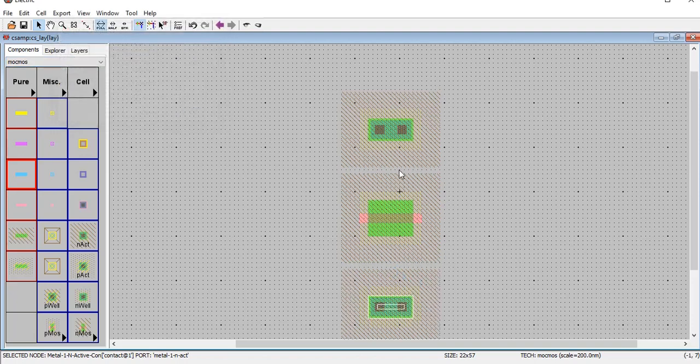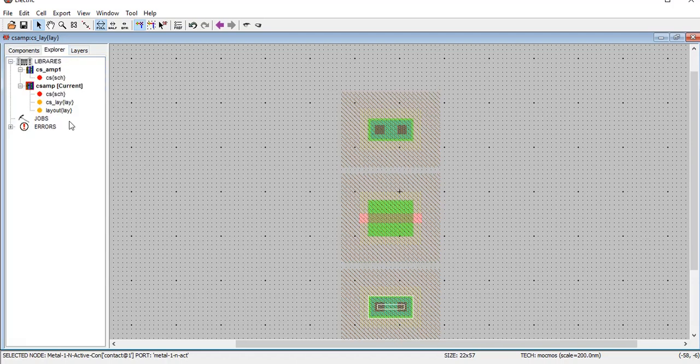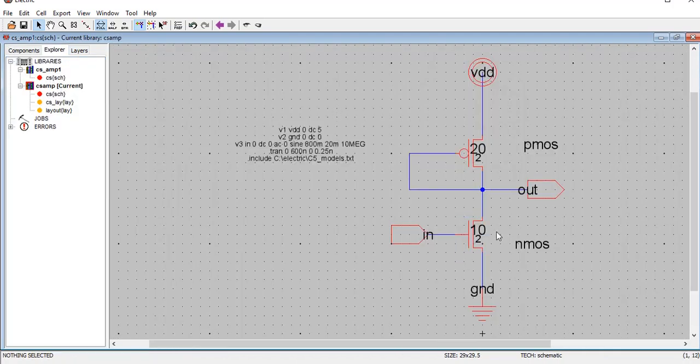Okay, and then what was the procedure? The same procedure we adopted, the only difference was these were vertically spaced in the inverter, but now since we are not following the Euler's graph, and this NMOS transistor is not following the Euler's graph, I am going to place the components the way they look in the schematic.